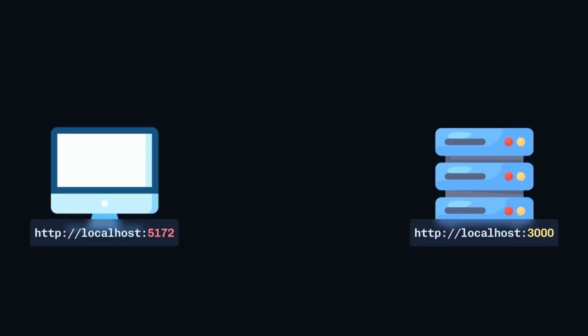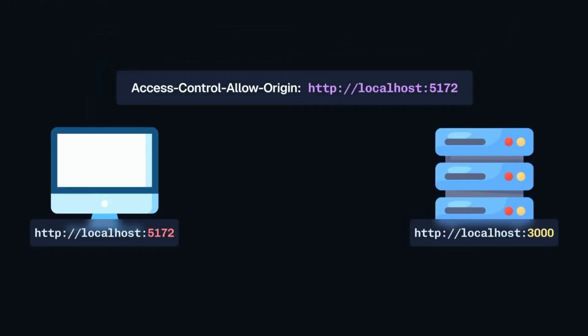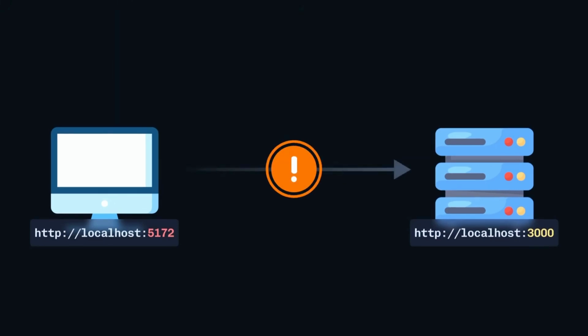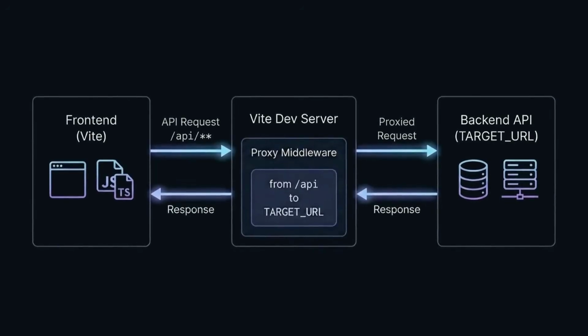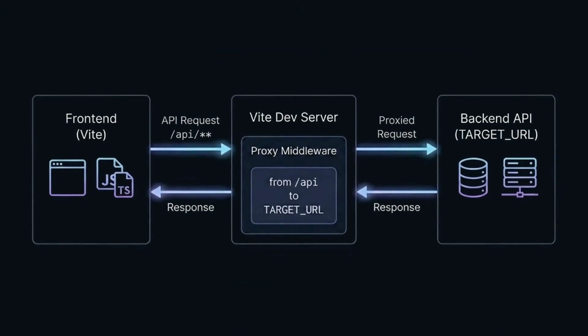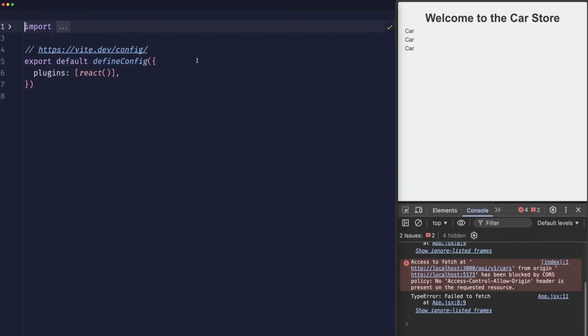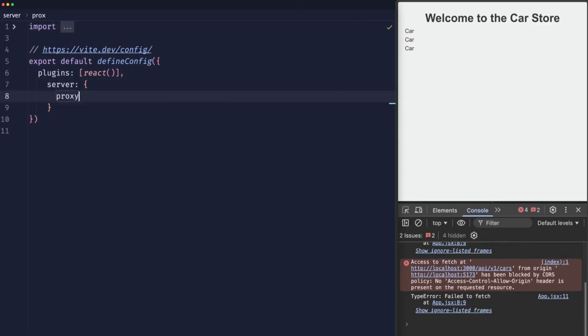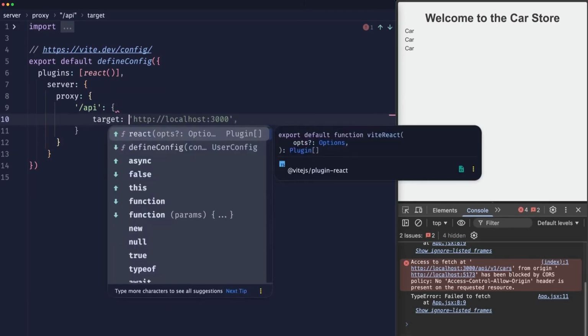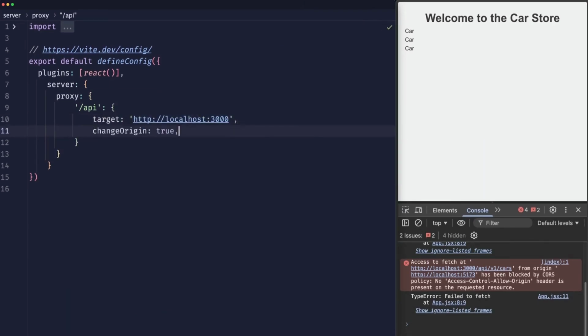If the backend does not send headers, such as Access-Control-Allow-Origin, then the browser will stop the request with a CORS error. So to fix this issue, Vite lets us create a proxy so that API requests appear to come from the same origin. You can head over into your Vite config right here, and right below the plugins, you can say server, define the proxy, then say /api is actually going to come from the target localhost 3000, and changeOrigin will